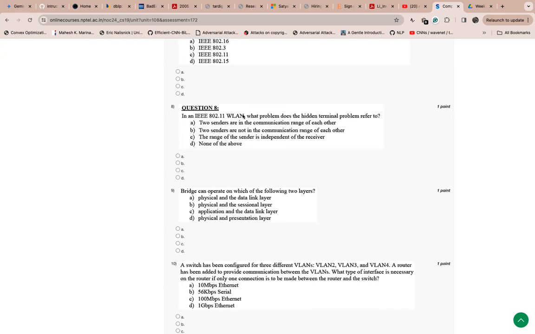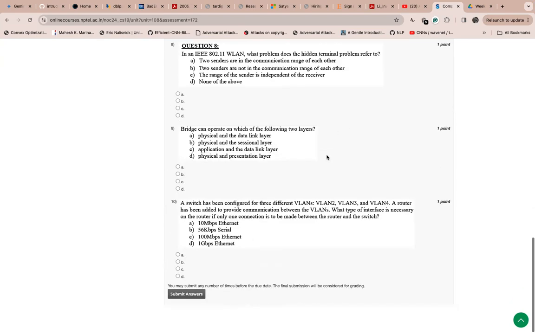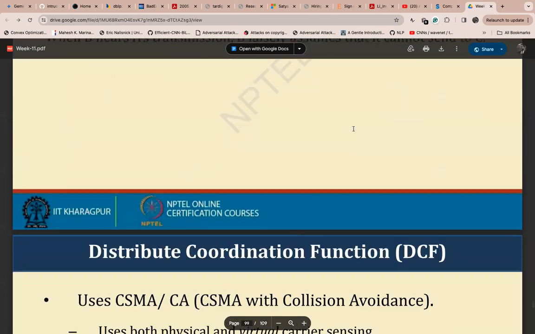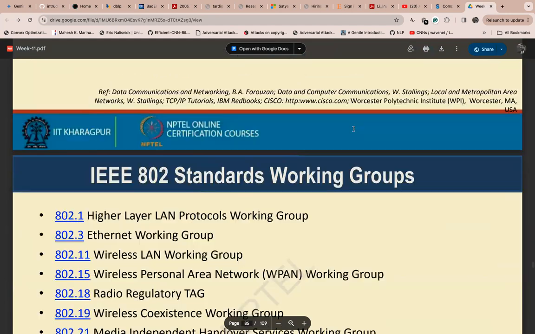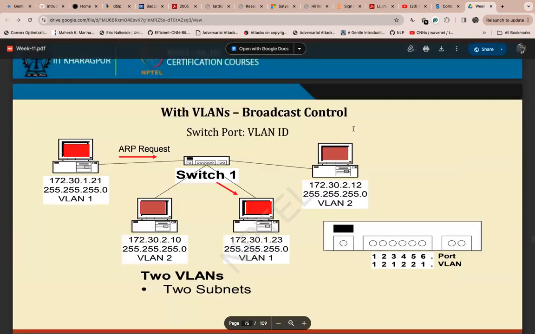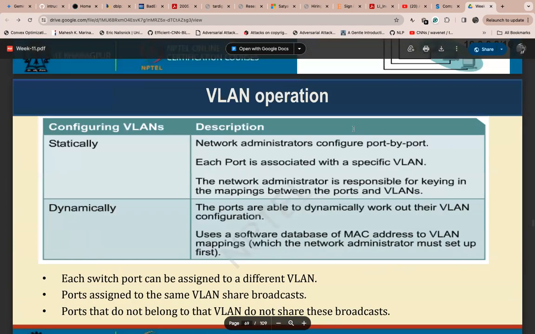In 802.11, what problem does the hidden terminal problem refer to? I didn't cover this, you can check the lectures. Bridges can operate on which of the following two layers? Bridges, which layer? If you go to the bridges part, where we started studying bridges,